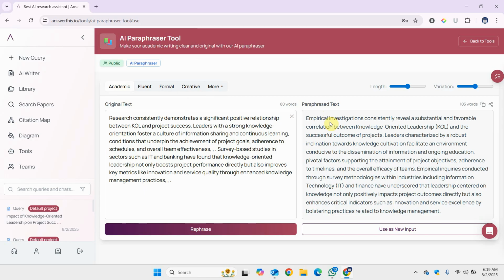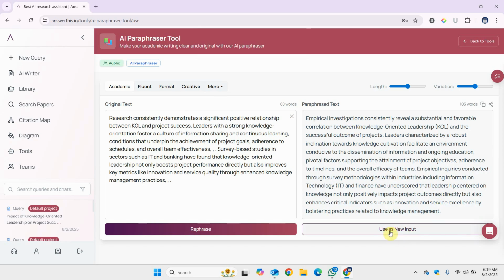Now again, using AI tools, it's inevitable. Now we will have to use it at the end of the day, but in order to make it right, in order to properly use them, you have to complement it with your reading. The more you read, the more you will be able to use these tools in a proper manner. Now again, read through this text, see if it's paraphrased according to your requirements or not, and then you can